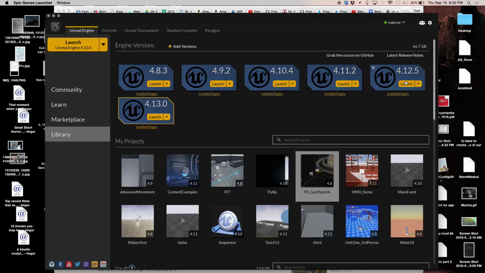Okay. Yeah, just 4.12. There are certain things that are deprecated. A lot of this stuff is experiments I did for class, and some libraries don't continue to be updated, which is why we're not at 4.13, because we're just waiting for iKinema, which is our live streaming plugin, to go to 4.13. But this one might be an AR sample that somebody gave me, and it only works in 4.8, so I keep that engine installed. So sometimes you can't just upgrade, but any vanilla content that we'll be doing today should be upgradable easily, and I'll show you how to do that. You just right-click on the icon and say upgrade to the next engine version. Should be pretty simple.